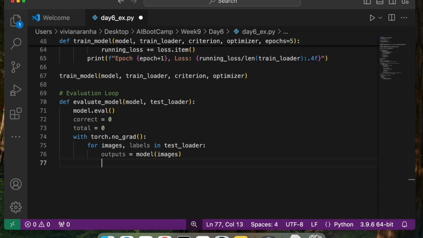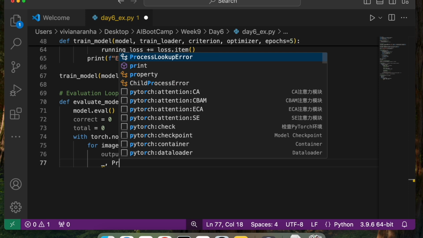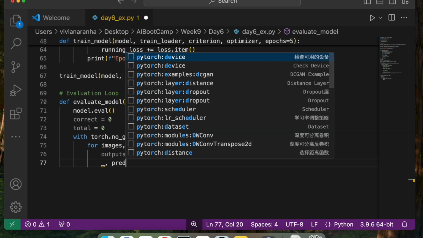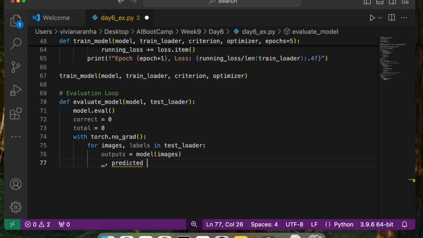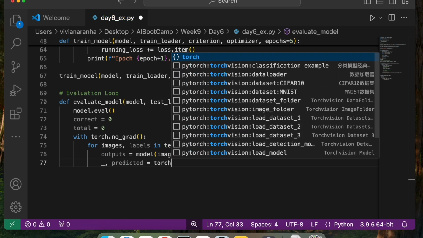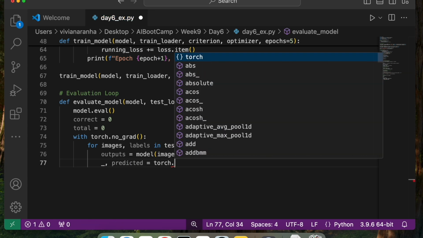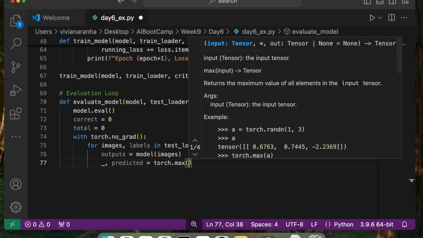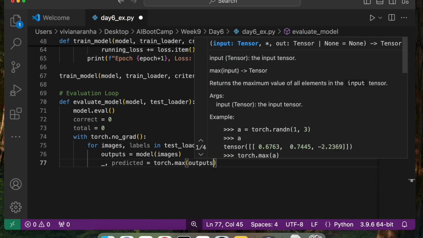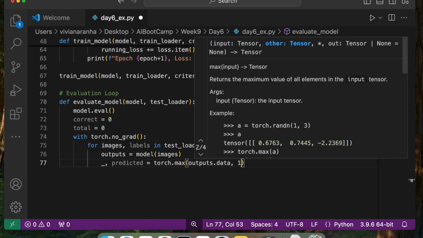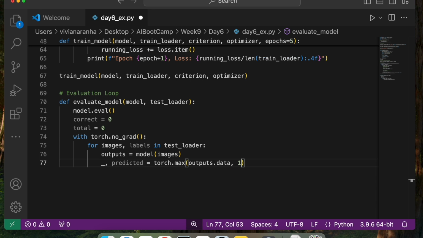Next, I will say underscore, comma, predicted equal to torch.max(outputs.data, 1). It gives me 2 different values and I don't care about the first one, so that's why I've used underscore. This will get me the class with the highest probability, which is what I want.